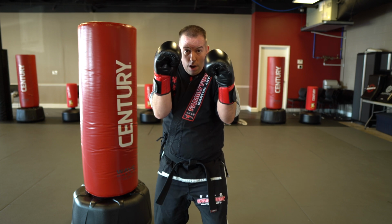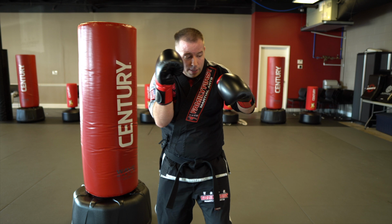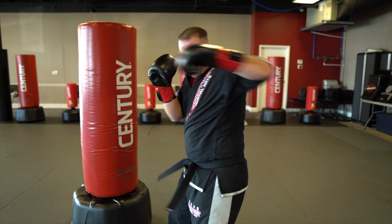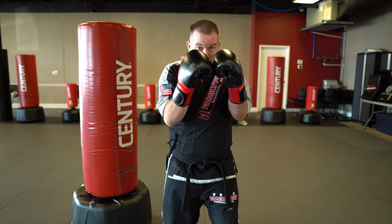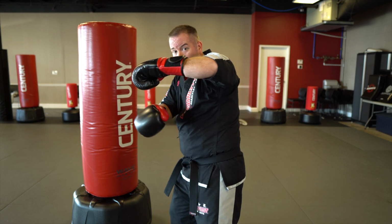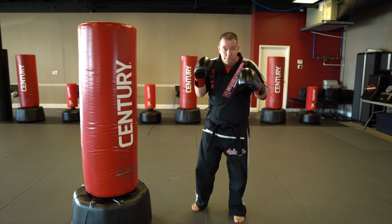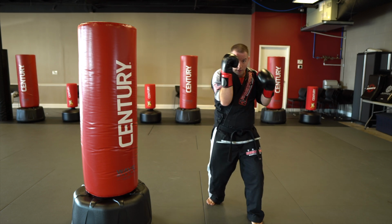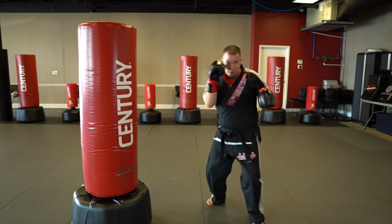So from here, I'm going to lift my elbow up, get my elbow behind my hand, and then I start to rotate my body. This is where the punch comes into play. Here. Get my elbow behind my fist, okay? And notice I still keep my guard. My feet just rotate, and then I come back. Hook, back, hook, back, hook,